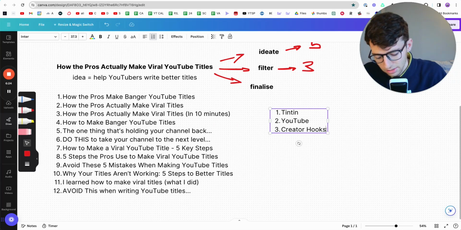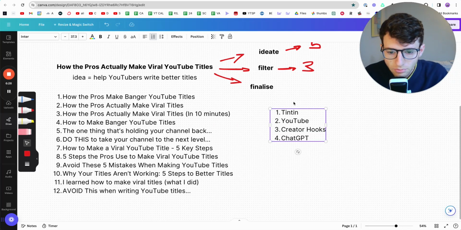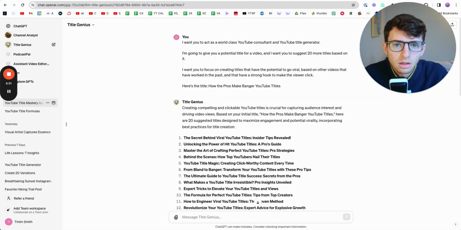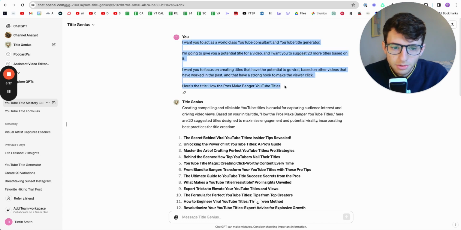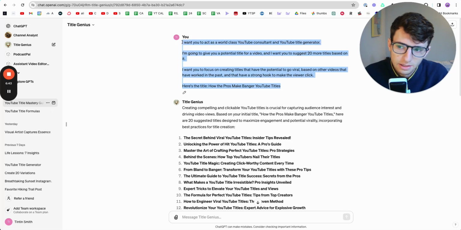The next thing that I would use is ChatGPT. So let's go here. The way that I might do this is I would use this kind of prompt. I'm not a ChatGPT expert, and there's definitely better or more efficient ways of doing this.